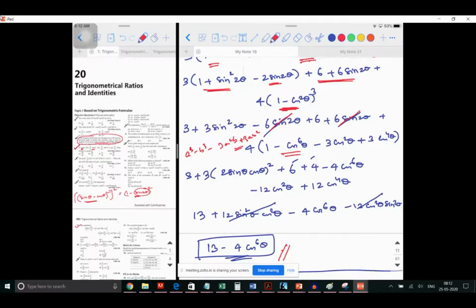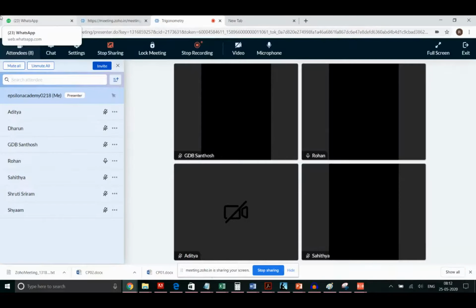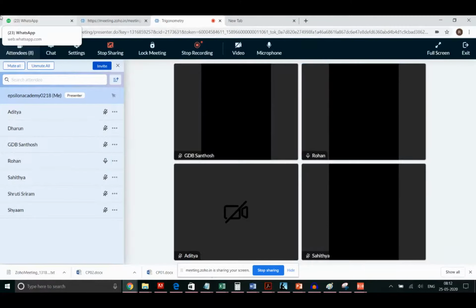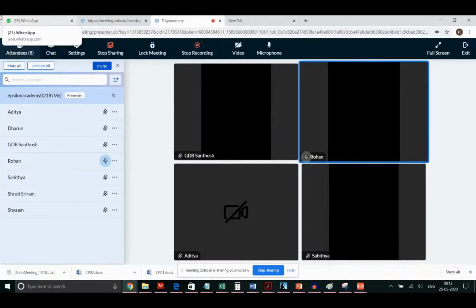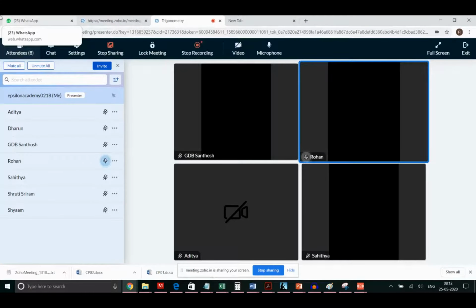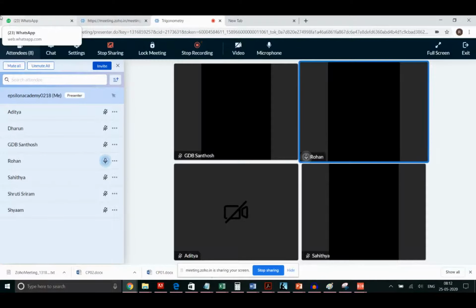Yeah, tell me, Rohan. Sir, to save time, can we do it in a simpler method? Simple, no? You are going to substitute the values and see. No, sir, in all the options there's 13. Okay. So in all the coefficients like 3, 6, and 4, you need to add them. So 3 plus 6 plus 4 is 13. Okay. So if you want to get 1 in the 4 part, then you have to write 1 minus cos power 6 theta. Okay, you are talking about the 4 sine power 6 theta. Yes, sir. So that's the only way we can get plus 4. So the answer will obviously be D.